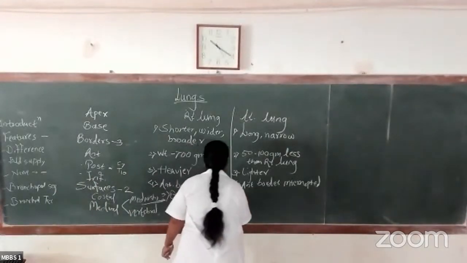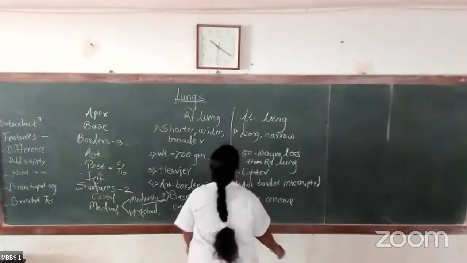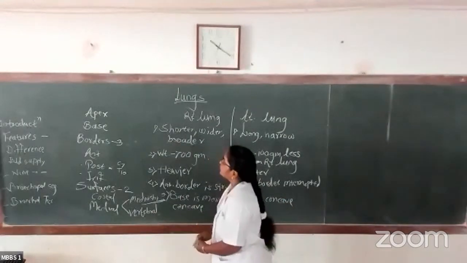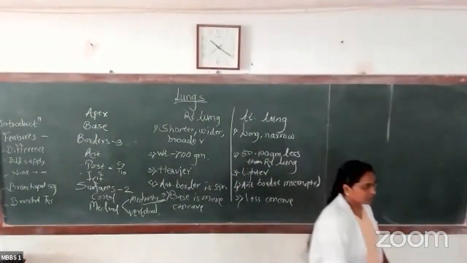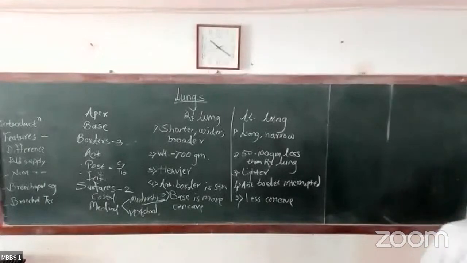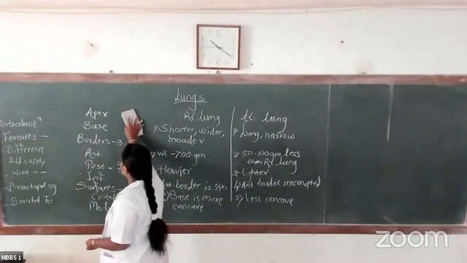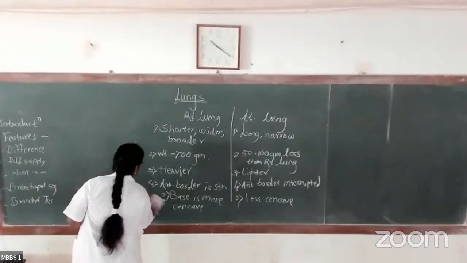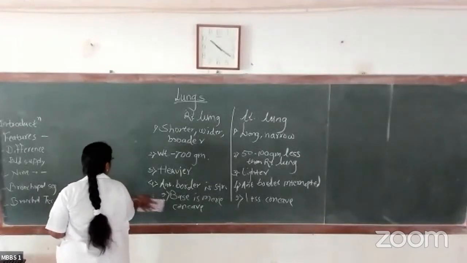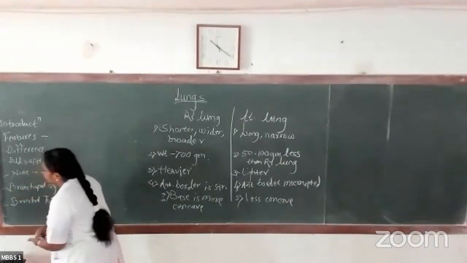Base is less concave. See here, we see the fissures and lobes of the lung. In case of right lung, there are two fissures, that is oblique fissure and horizontal fissure. In case of left lung, there is only one fissure, that is oblique fissure, which divides the left